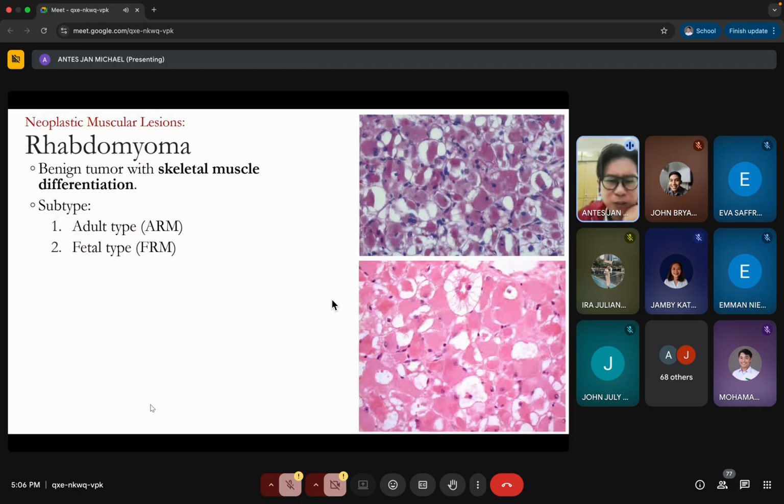It's very easy to remember this because of its name. Adult occurs well in adults, and then fetal is more on the kids. Especially in kids, if there are some very big lesions, you are more likely to see rhabdomyoma on those age predilections. Okay, because it's most commonly seen in kids, especially the fetal type rhabdomyoma, the FRM.